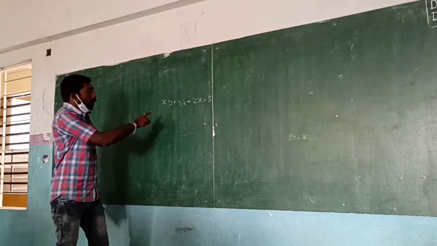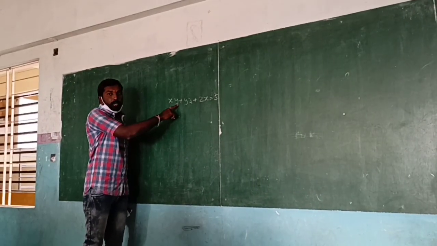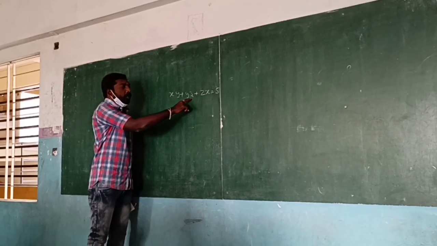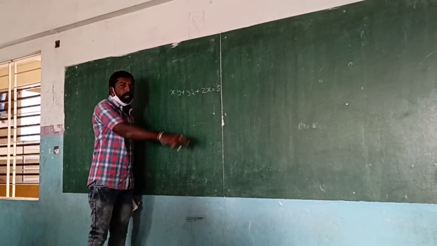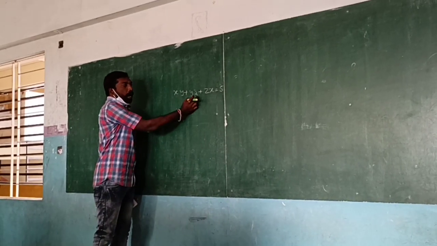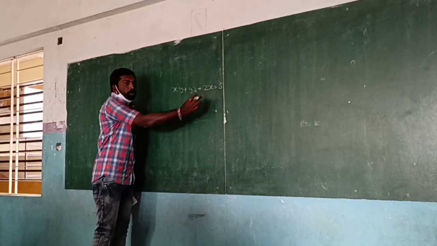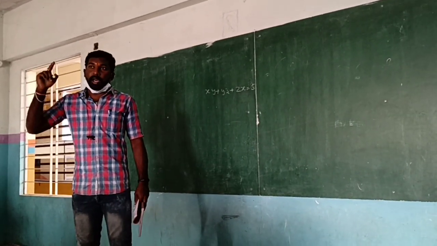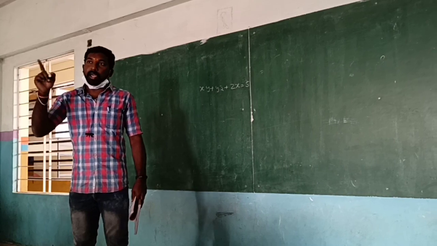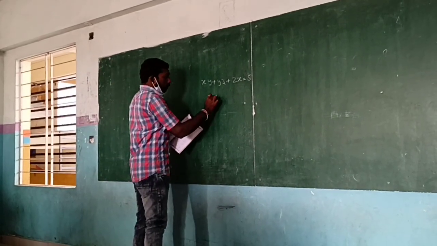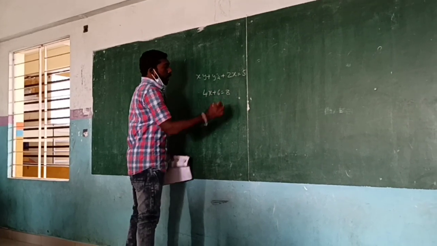For this term xy is an individual term, and yz is an individual term, and zx is an individual term. For each term the exponent, that is the degree, is 2. But what is the condition we have? The highest power always should be 1 in a linear equation. So the answer is 4x plus 6 is equal to 8.